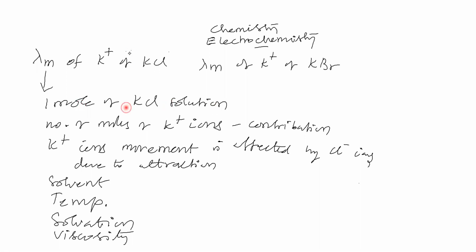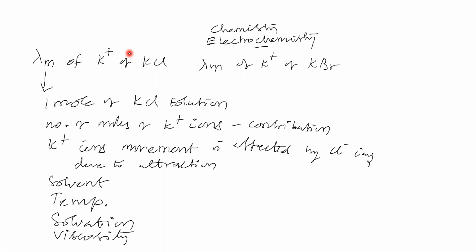If you take 1 mole of KCl in the electrolytic solution, we cannot say all the KCl undergoes dissociation. Strong electrolyte means the extent of ionization will be high, but we cannot say complete ionization. KCl is a strong electrolyte and KBr is also a strong electrolyte, and both undergo a higher extent of ionization. But the degree of dissociation of KCl and of KBr are not the same, because here it is Cl minus and there it is Br minus.